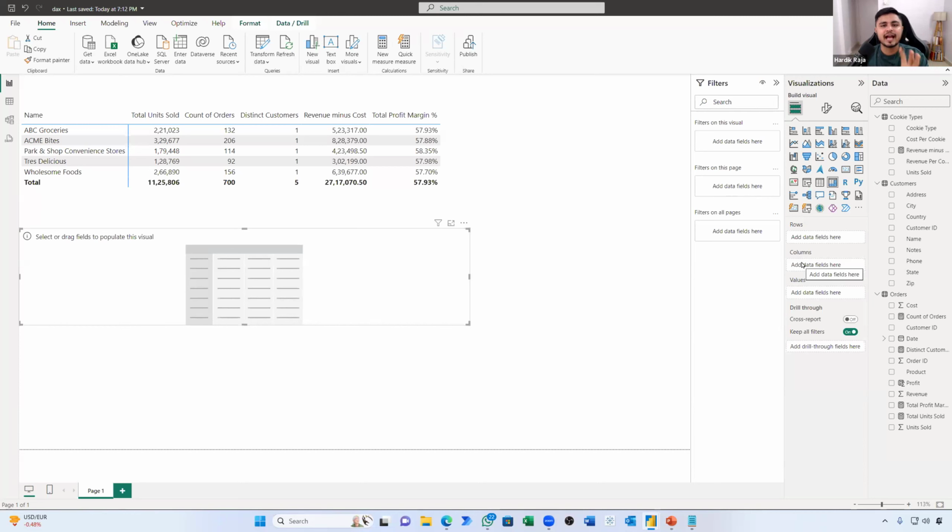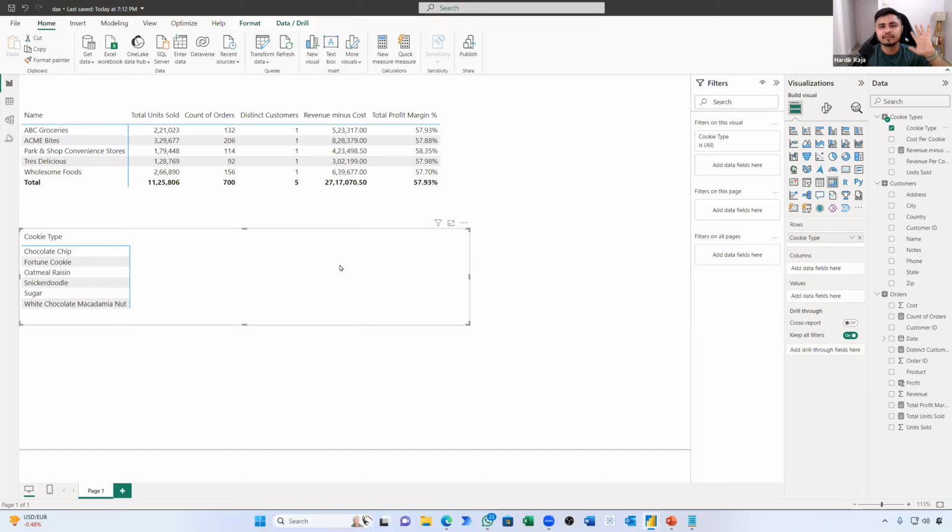So I have given you one hack on day one only, so let me reveal it again. Very simple. Hardik, I don't know what to do. You know two things. What does your boss want? Your boss wants products and their profit margins, right? This Power BI has AI intelligence. Use that. Hardik, how? See this. I know my cookie types, that are my products. Instead of getting confused about what will come in the row, what will come in the column, doing trial and error, simply pick up cookie types, drop here.